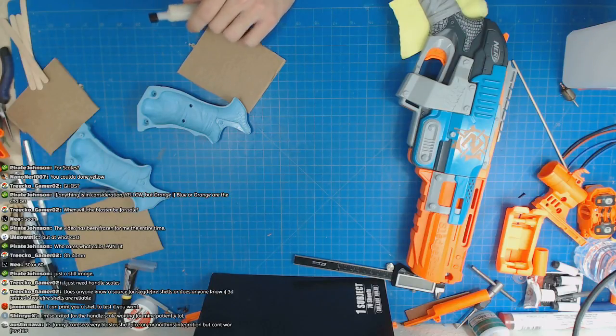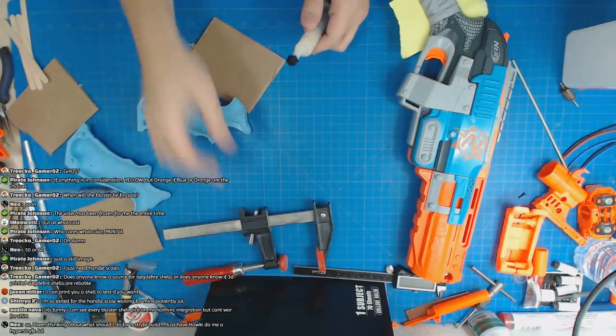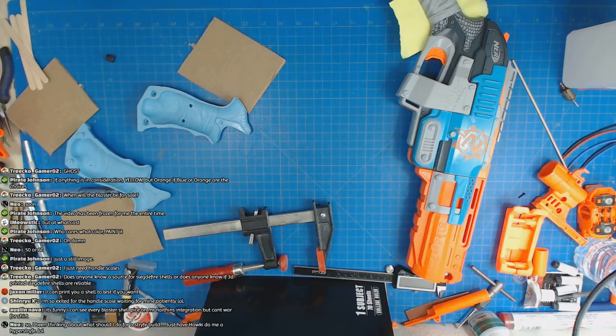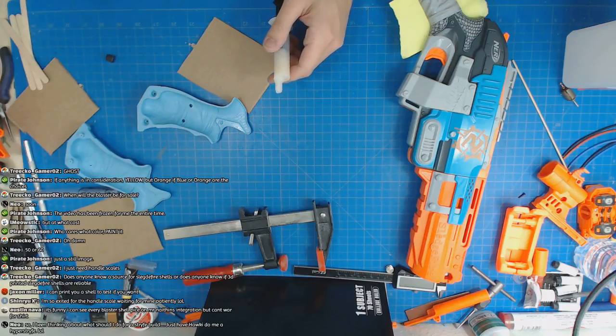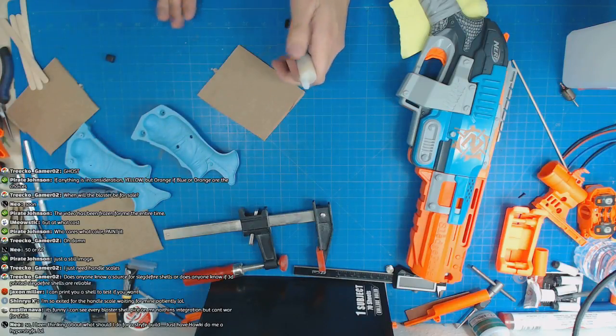Let's get the clamp. I'm so excited for the handle scales. Waiting for mine patiently. You ordered some handle scales for the Sledgefire? It's funny, I can see every blaster shell piece of Mr. Nathan's integration, but can't war for...